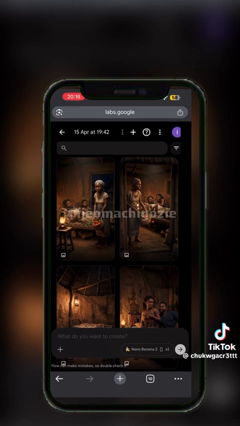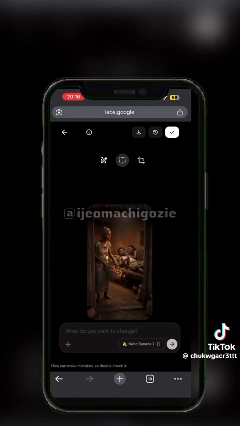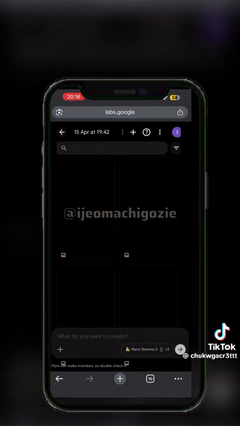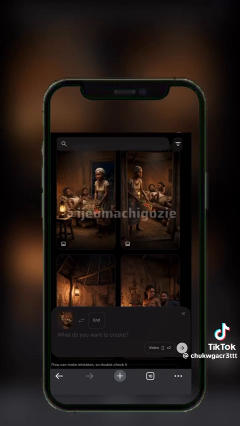So these are the images that Flow gave to me. So I'm going to be picking one of the images to animate. I think this one is not going to give us a good result, so I'm going to be using this other image over here. So we are going to go back to